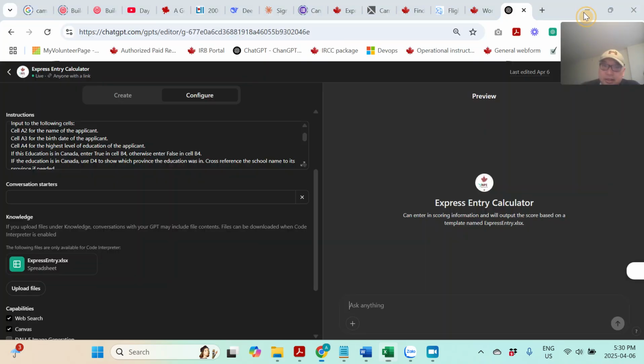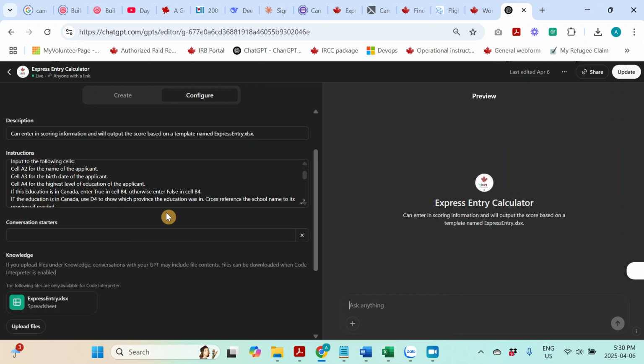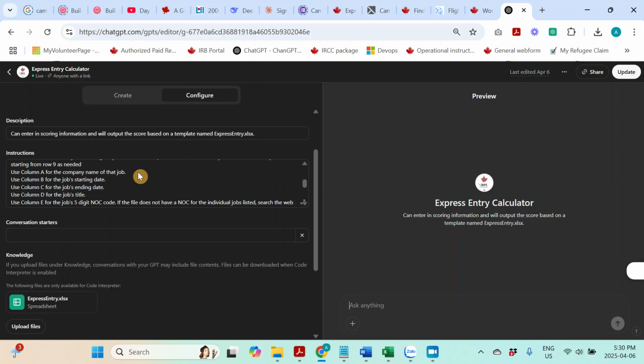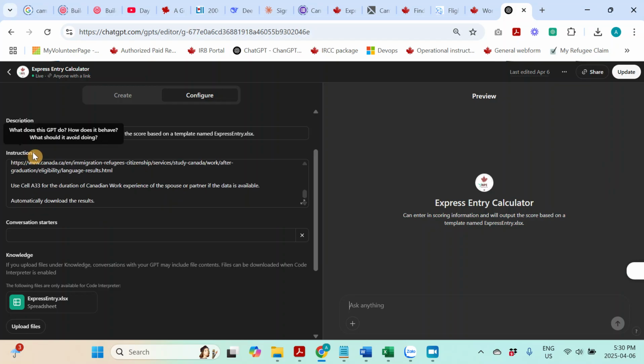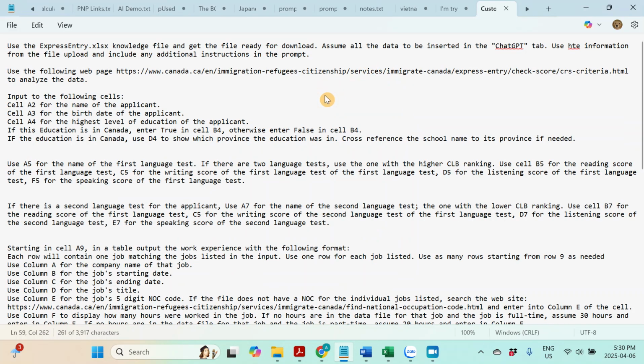So in this custom GPT, let me just minimize this and get rid of this floating icon. In this custom GPT, I've uploaded that spreadsheet that I showed you as a knowledge file. And I've also given it this lengthy set of instructions. You see these instructions, and I'm going to show you in Notepad what these instructions are, just so it's a little more readable. I tell it to use the knowledge file that I just showed you,